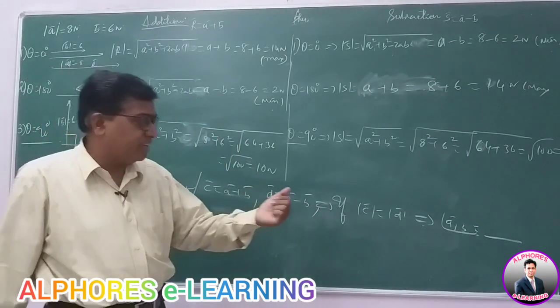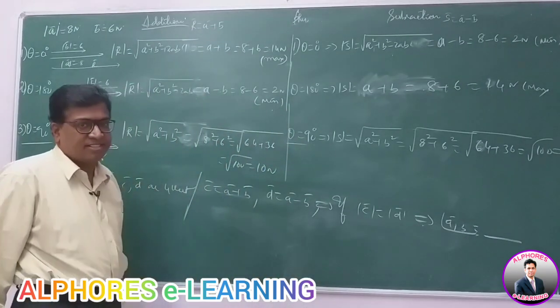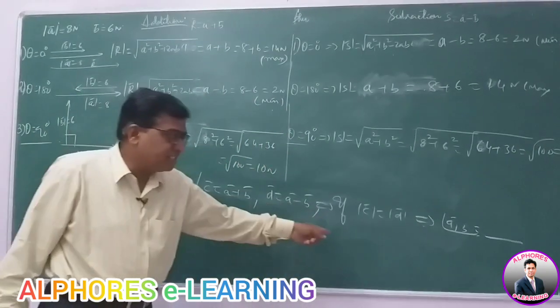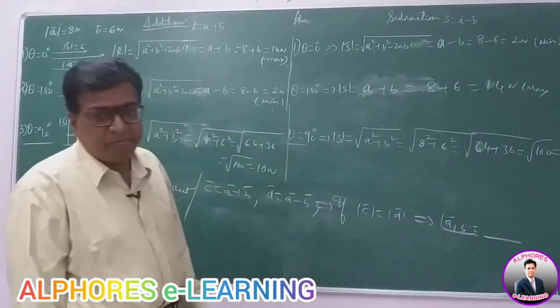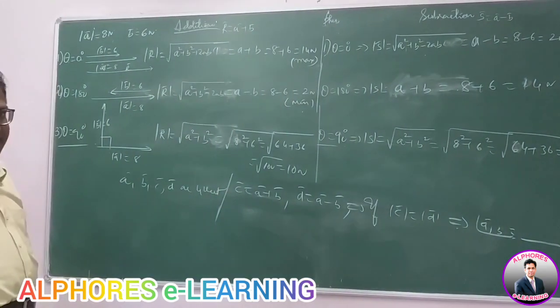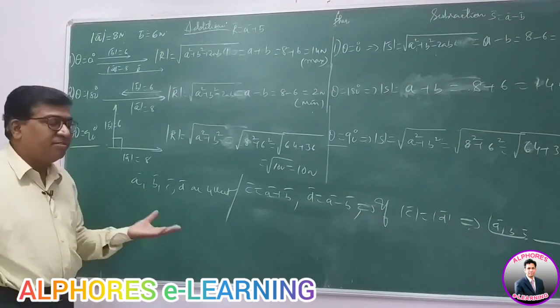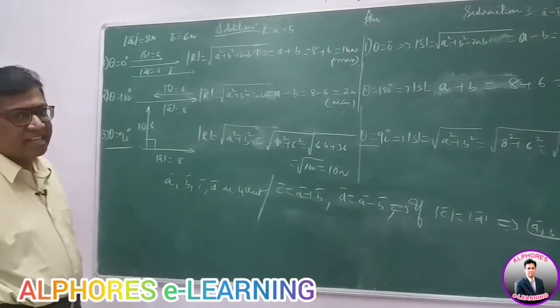Then what do you infer? We infer that A and B are perpendicular, theta is 90 degrees. Right? Magnitude of the addition and magnitude of subtraction both are equal. Then theta is 90, perpendicular vectors. So you can deduce the thing like this. This way, the different cases of the resultant and subtraction can be analyzed like this.